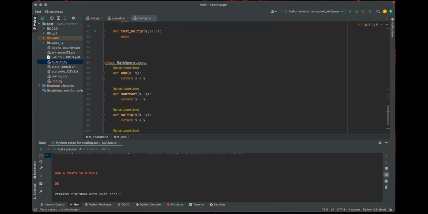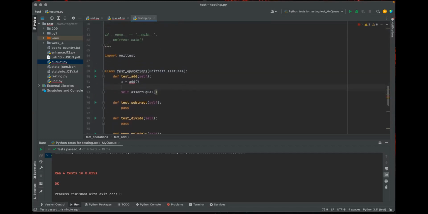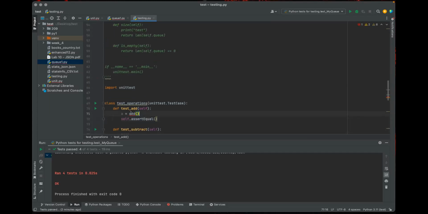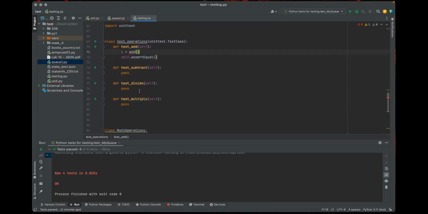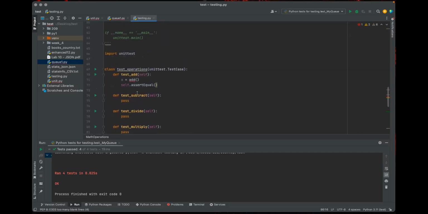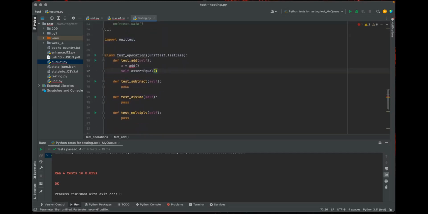I define it over here, right? So we just do it like that, right? Did you create an object from the class? What is the name of the class that we want to test? MassOperations. Okay. Where is MassOperations here? Where did you create the object out of the class MassOperations?